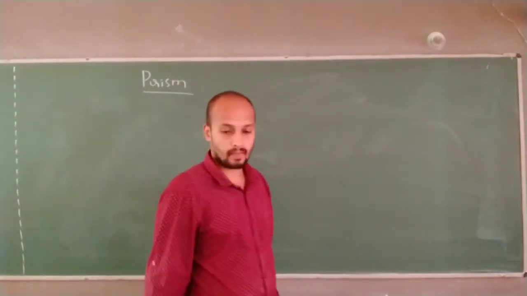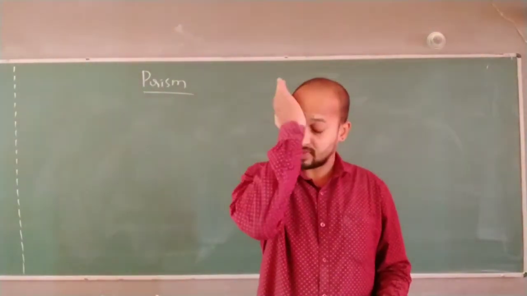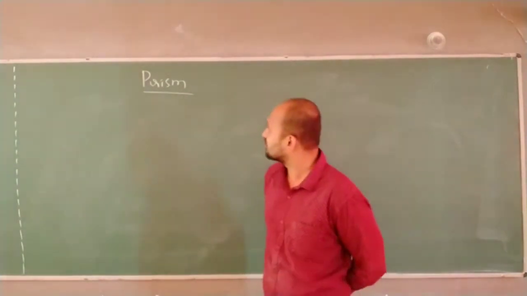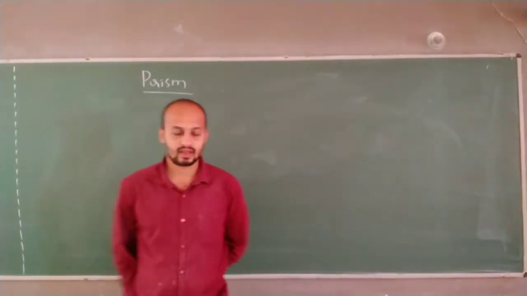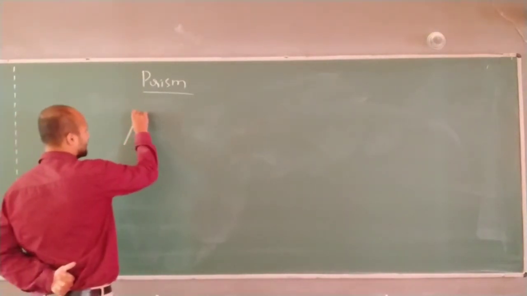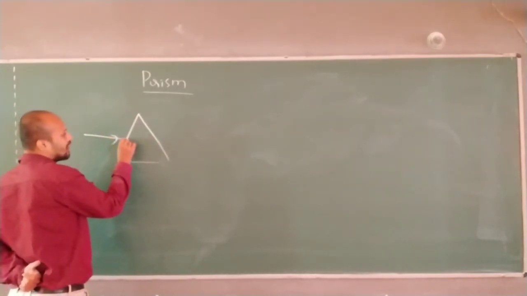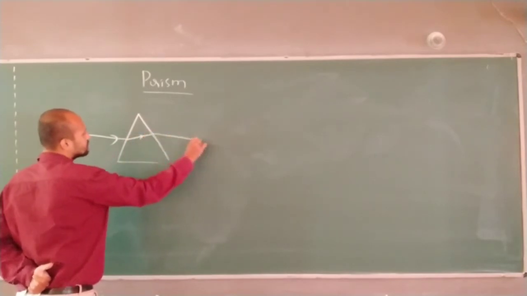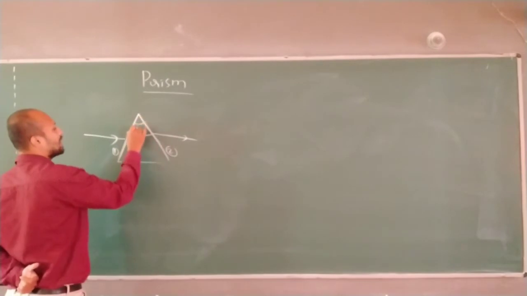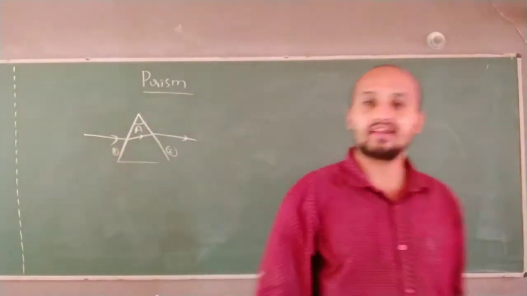We study about prism. Already we know about prism, the prism formula, how it has been derived. So some more details we are going to study here. What is prism? If you find a condition when a ray of light is passing through two refracting surfaces which make an angle theta or A, where that angle A we call it as angle